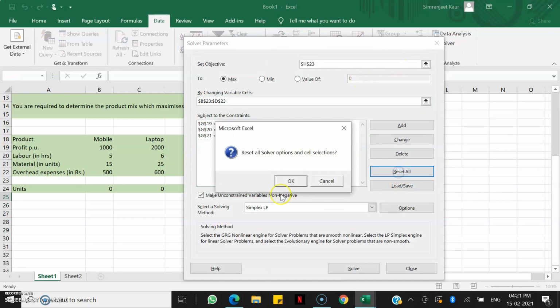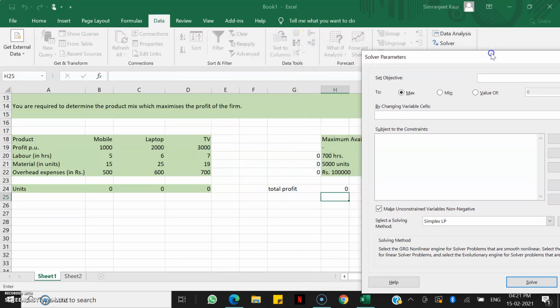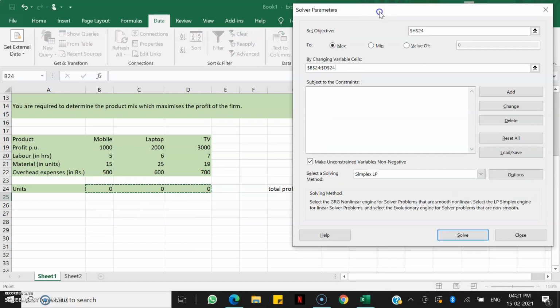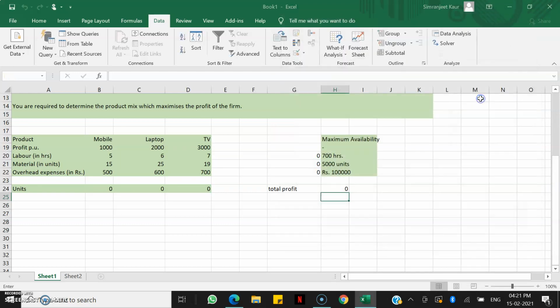First let's reset all. Now my objective function is here, so I'll select this one and I have to maximize. Now by changing variable cells, so I have to change these variable cells, units, only then I can maximize. Now I have to fix my constraints. So I'll start adding the constraints.